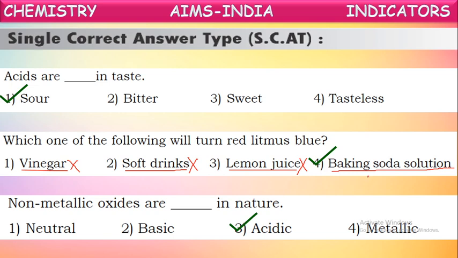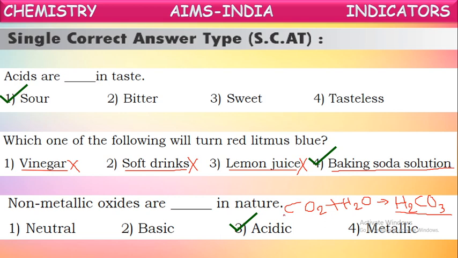For example, carbon dioxide is one of the non-metal oxides. If you dissolve this carbon dioxide into water, do you know what compound is formed? When carbon dioxide is dissolved into water, it forms carbonic acid, which is generally used in the preparation of soft drinks or soda, plain soda. They pass carbon dioxide gas through sugar syrup or normal water so that they form soft drinks. Because of the formation of this carbonic acid, it gets some sour taste.